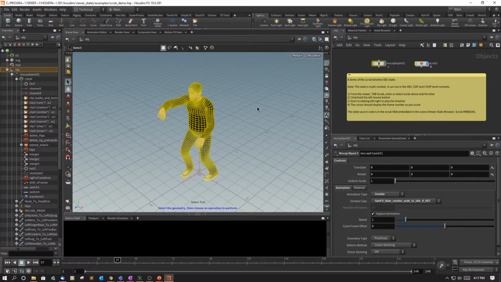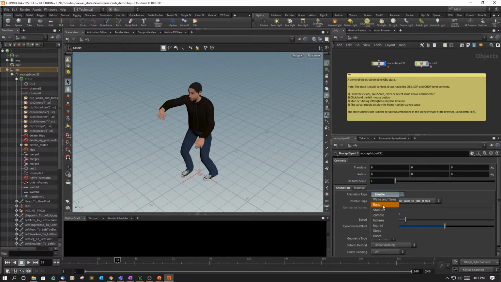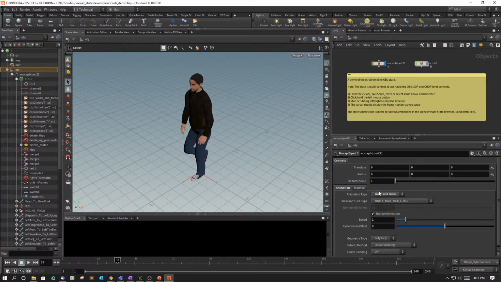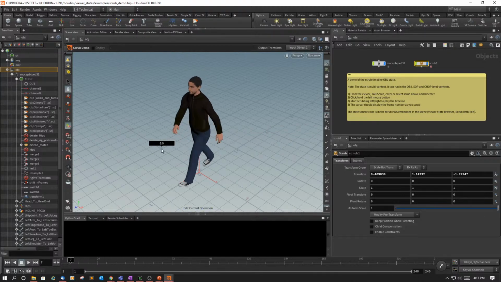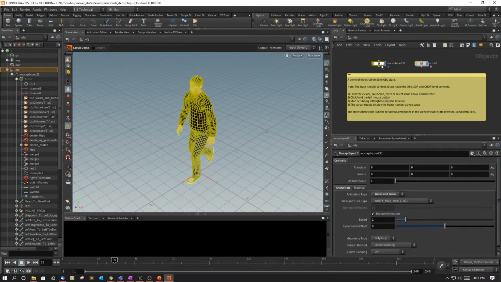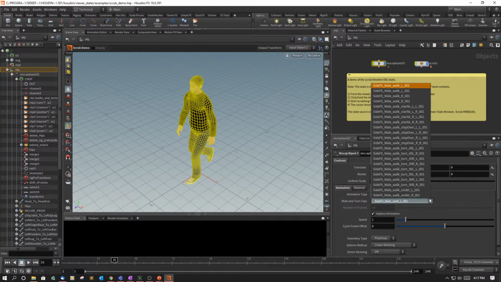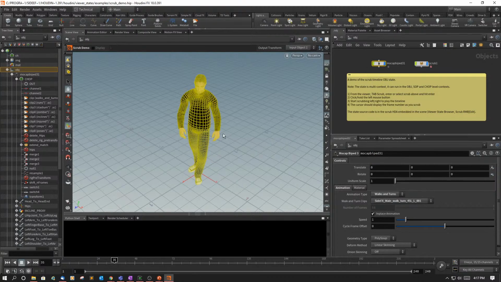This basically allows us to scrub any kind of animation. And here are the walk and turns. Click that on. It's a standard walk. Okay. Alright, excellent. So as you can see, we're scrubbing back and forth, and we're using the mouse click in order